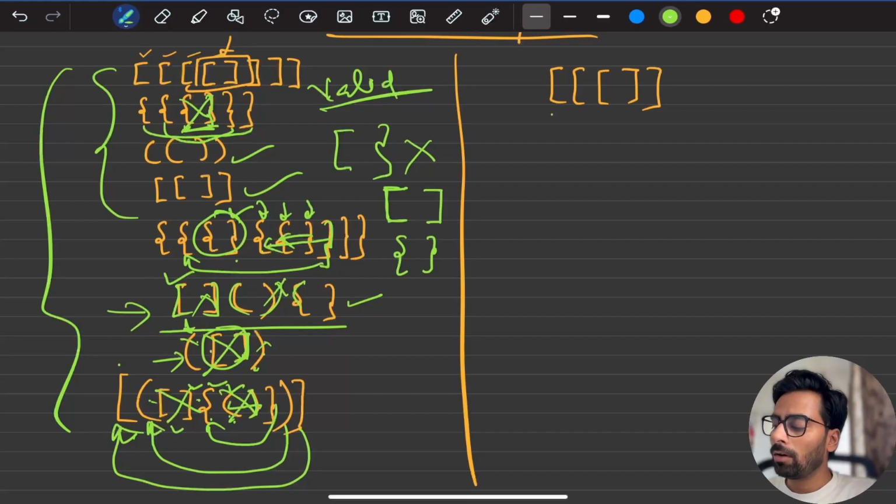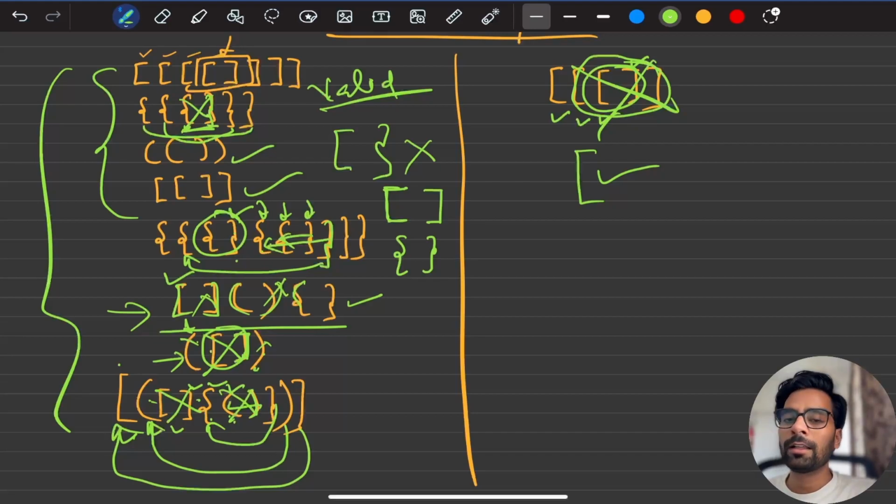Here if we see, we all got opening brackets, and then we started getting closing brackets. So this got balanced, this also got balanced, but at the end we are left with one opening bracket which is not balanced with anyone because we don't have any more characters to balance it out. So that is another important criterion: one closing bracket can only balance a similar kind of opening bracket, and also if we have fewer closing brackets to balance out the opening brackets, then it will not be a valid string,